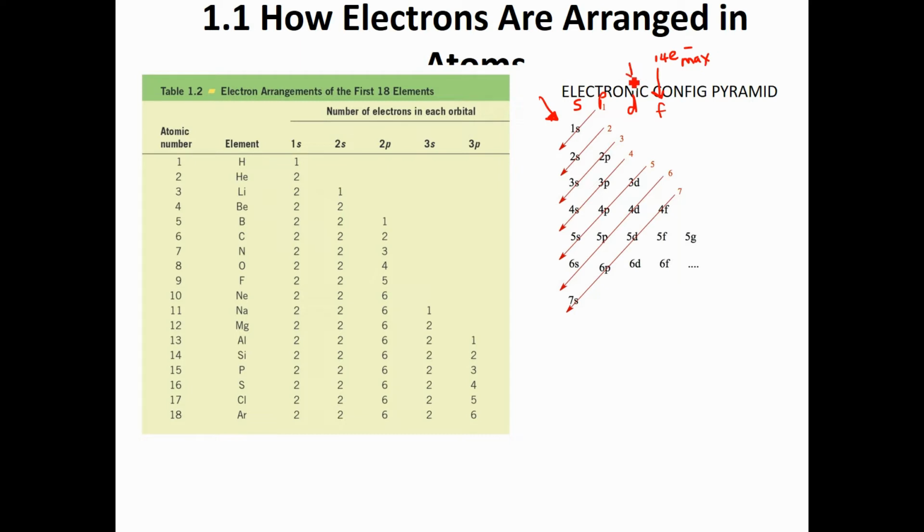I told you the d takes a maximum of 10 electrons. Next, I'll explain shortly. And then you have the g. We rarely get to the g. In fact, for the purposes of this class, I won't get to f. The farthest we'll go is the d. Now, consider the places where the electrons live to be boxes. We call those orbitals. So s will take a maximum of 2. And then the p, since p takes a maximum of 6 electrons, you're going to need 3 of those boxes,